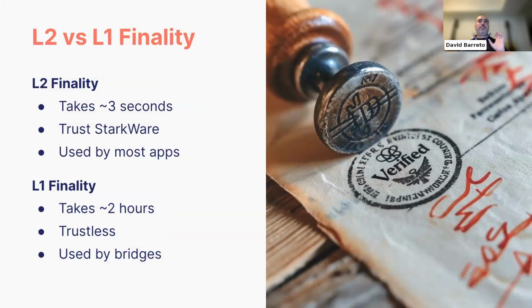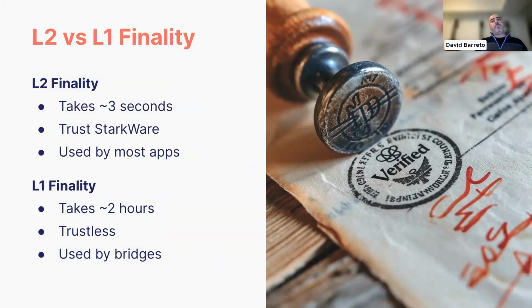Now, layer 2 finality has some trade-offs, right? If you're going to take that as final, then you're basically trusting Starkware, because Starkware is the one who manages the sequencer. Your transaction is not being cheated, but it is the finality most used by apps on Starknet